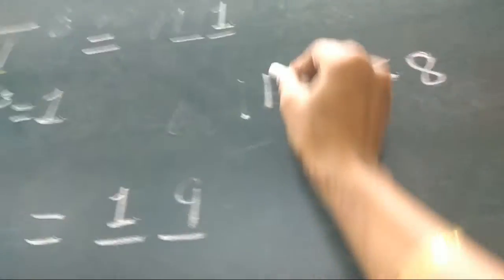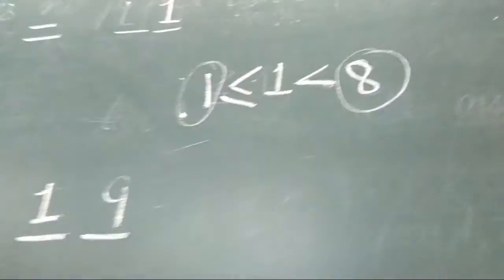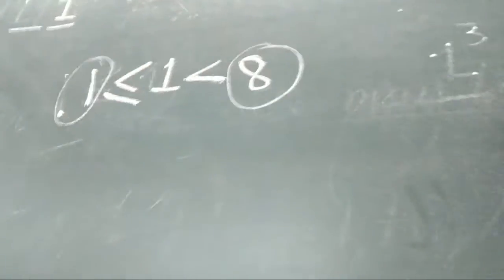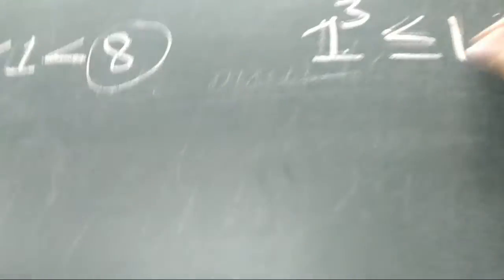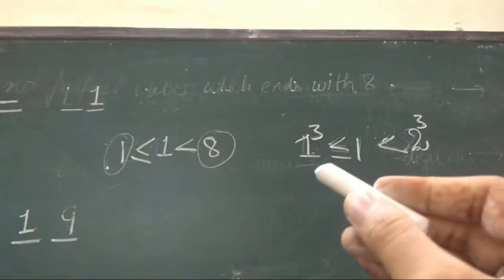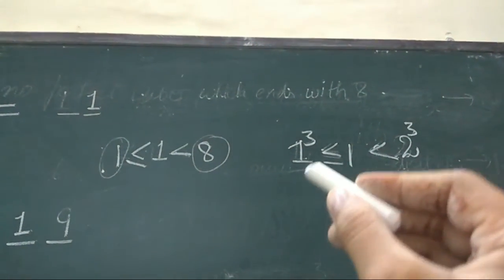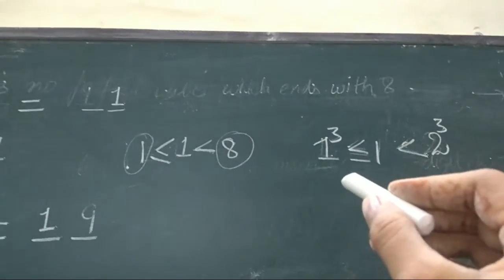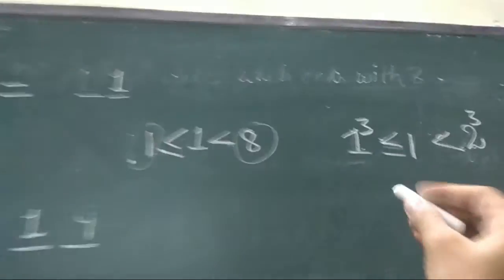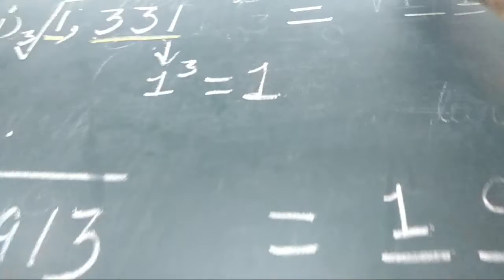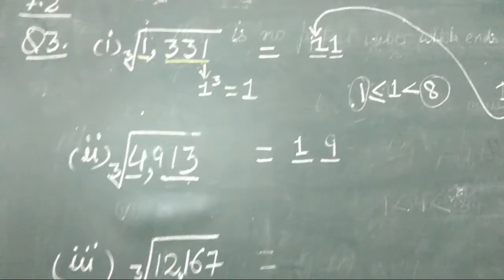But now we have to convert these two comparable perfect cube numbers into cubic form, as 1 is the cube root of 1 and 2 is the cube root of 8. We have to pick up the smaller one. Which one is smaller, 1 or 2? Yes, 1 is smaller. So this will be the tens digit of our desired answer.